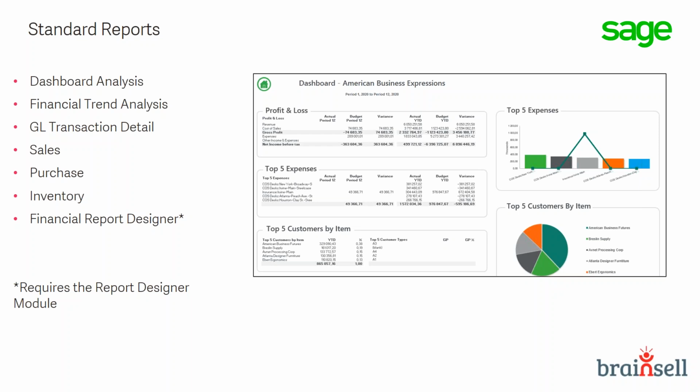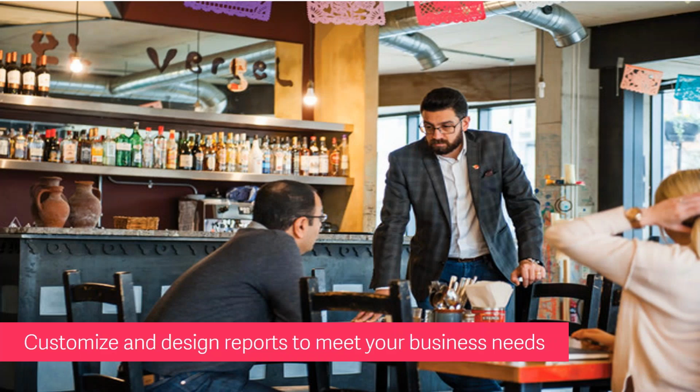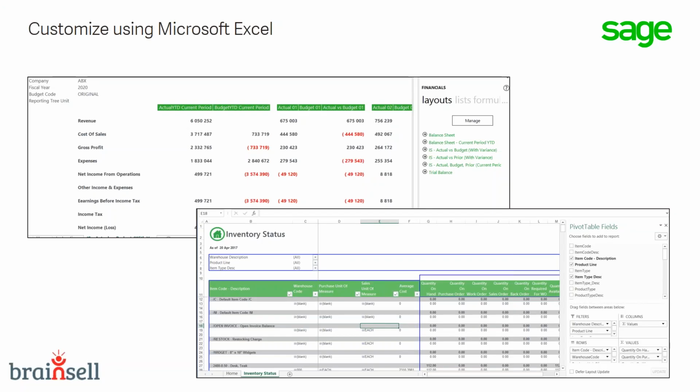and you can just run them out, and it pulls your data into Excel, into the reports, and these are all standard. But it's important to know that you can customize, you can change your reports, you can have BrainSell change them. And that means that when you customize them, so let me click to the next slide, you can use either